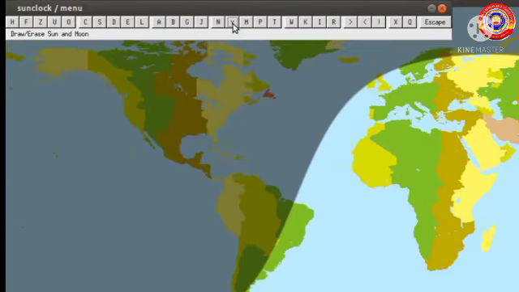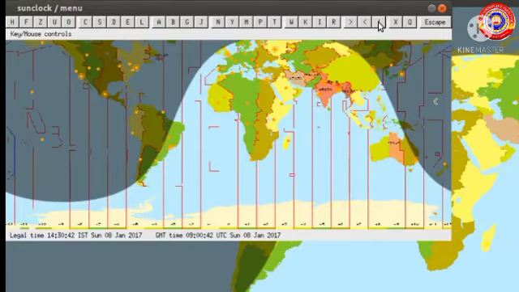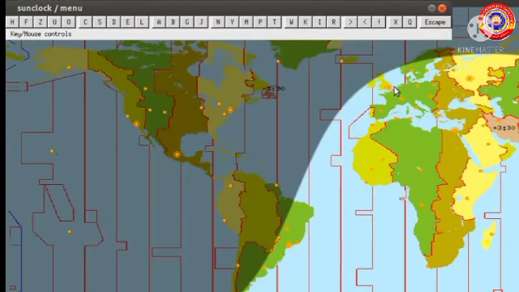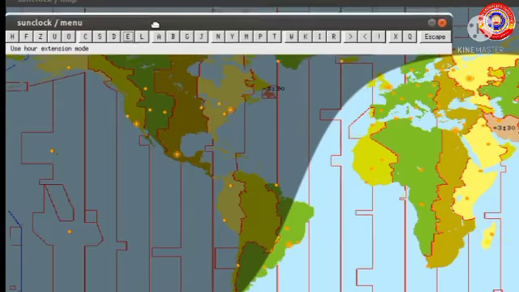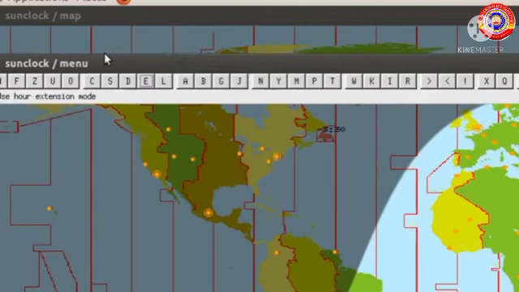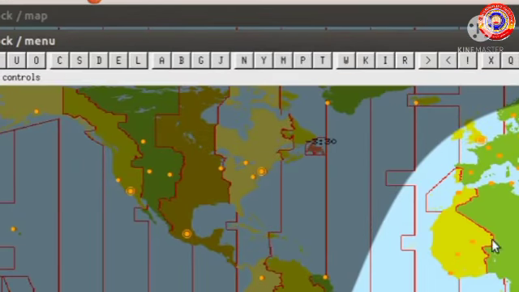Now, we will move to the map window. I had earlier mentioned that we can make changes only if we move to the map window. For that, we are using this exclamatory mark. Just give a click on this exclamatory button. See, another window appears. This is known as the map window of the Sun Clock software. The name of the window, Sun Clock map, can be seen here.